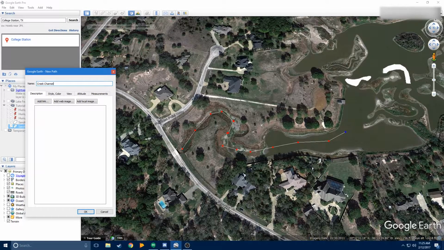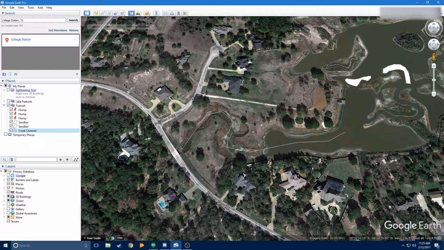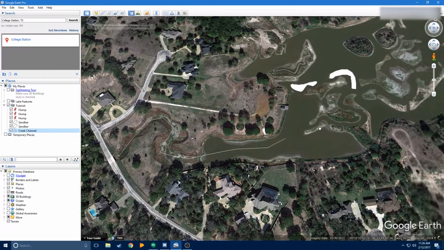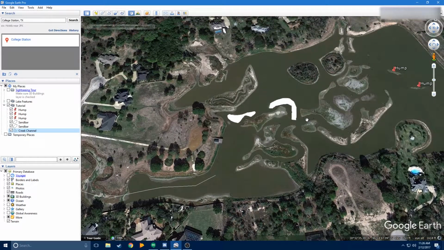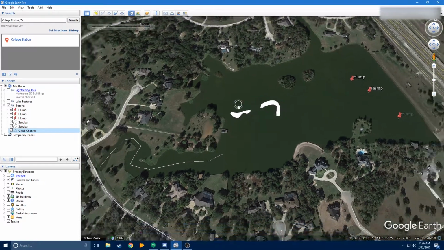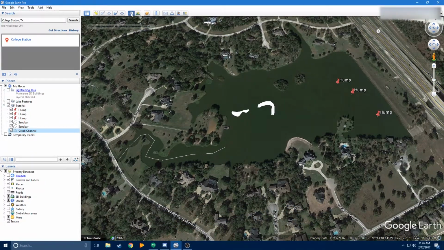But if you had a small lake that had an exposed roadbed during the drought, but you couldn't see it whenever the lake is full, then that'd be a good time to use that. So we're just going to go back to present imagery,